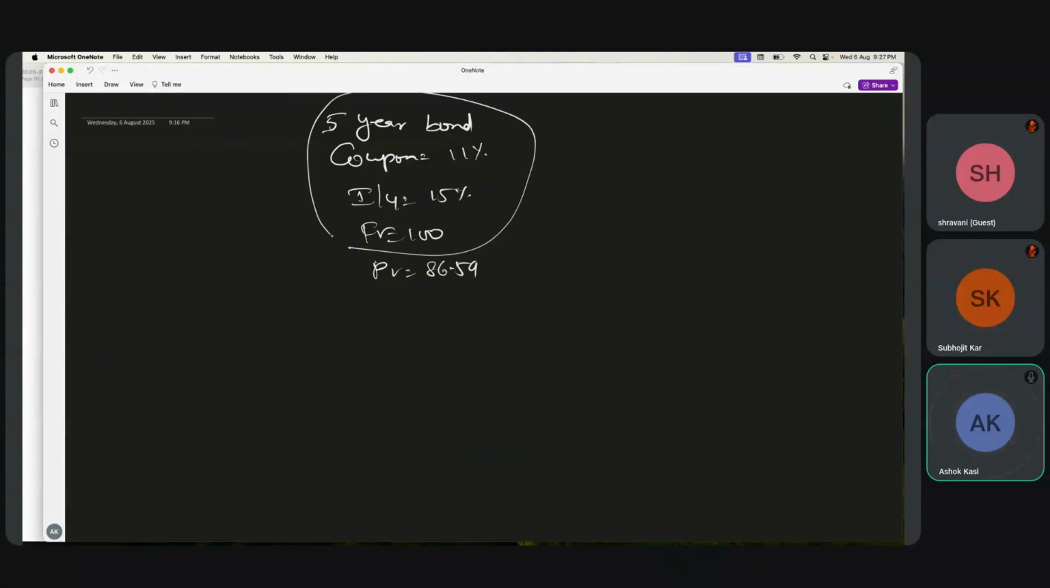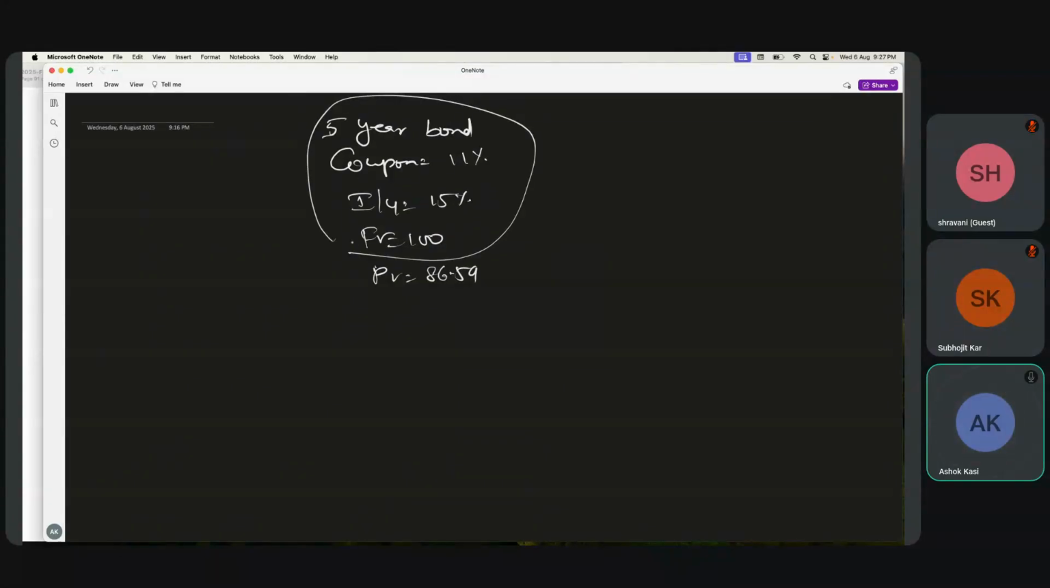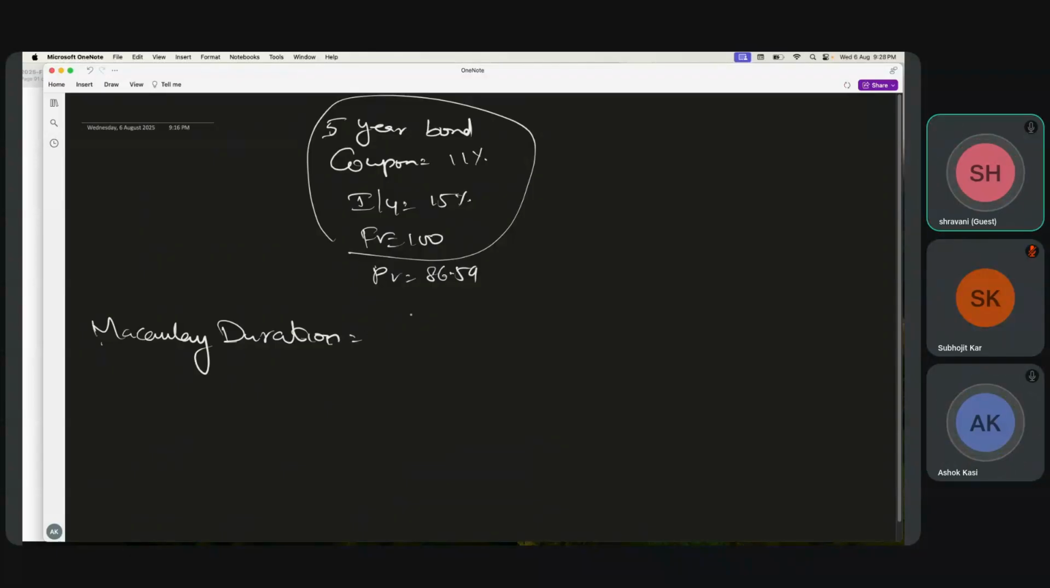Based on this information, check. Yes, sir, it's 86.5. Okay. Now Macaulay duration, let me calculate. So Macaulay duration is equal to, Macaulay duration is